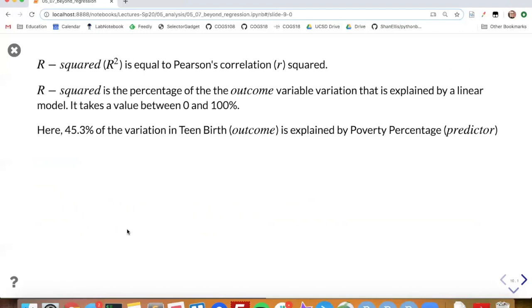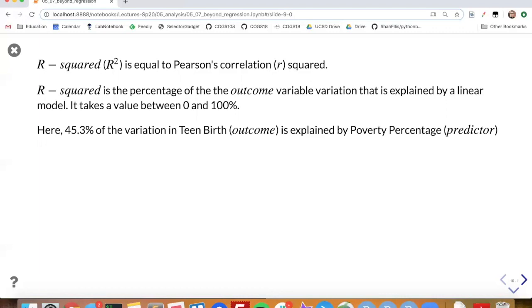Okay. So what is this R squared value? Well, first, it is, as I said, equal to little r squared. And the way you interpret this R squared is it is the percentage of the outcome variable, the thing you're interested in understanding, your dependent variable, that is explained by your, in this case, linear model. It's going to take a value between 0 and 1 or 0 and 100 if you put it on percent. So here, this 0.453 says that 45.3% of the variation in teen birth, our outcome, is explained by poverty percentage,